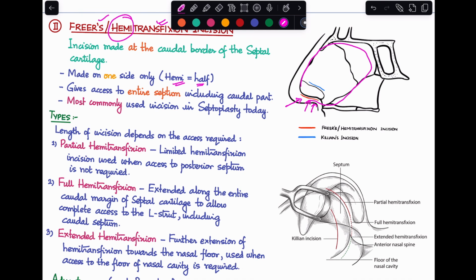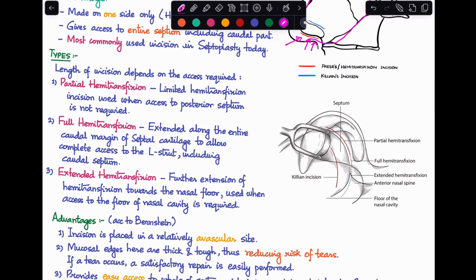Now this Freer's incision or the hemitransfixion incision can be of different types. The length of it can vary depending on the amount of access that you require in your particular surgery. If you look at this image over here, this is what a partial hemitransfixion incision looks like. It extends from here to here, meaning it is a limited hemitransfixion incision, and this is used when access to the posterior septum is not required. So you only give an incision for this much area,